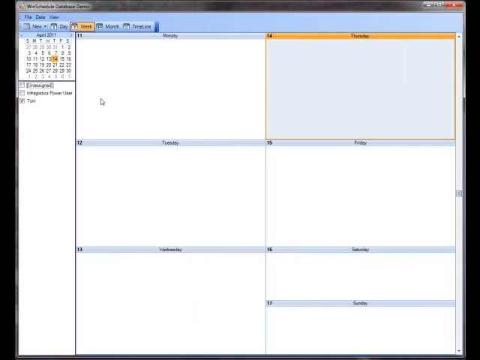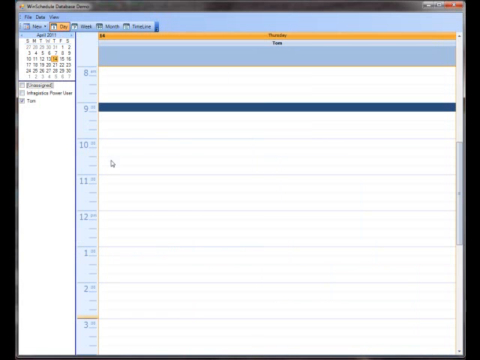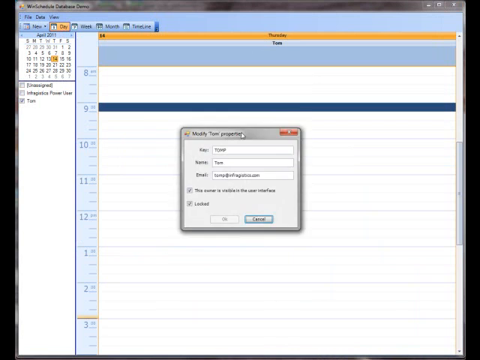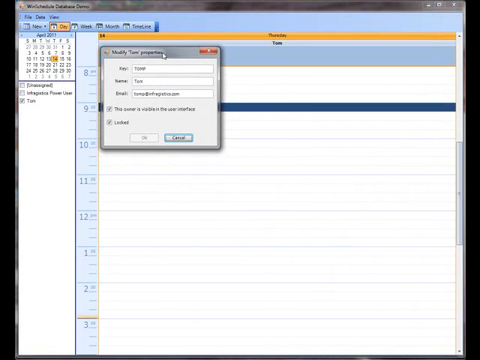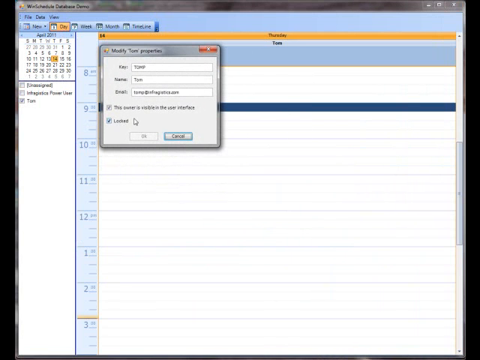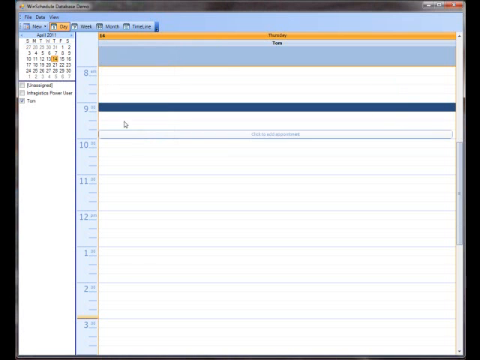Another thing that was added to this application's functionality was a context menu to set some other properties related to the owner. If I just right click anywhere, I can modify the owner, and this brings up a user interface, which is essentially a Windows form that has some properties. One of the things you may want to do is uncheck the locked property, which